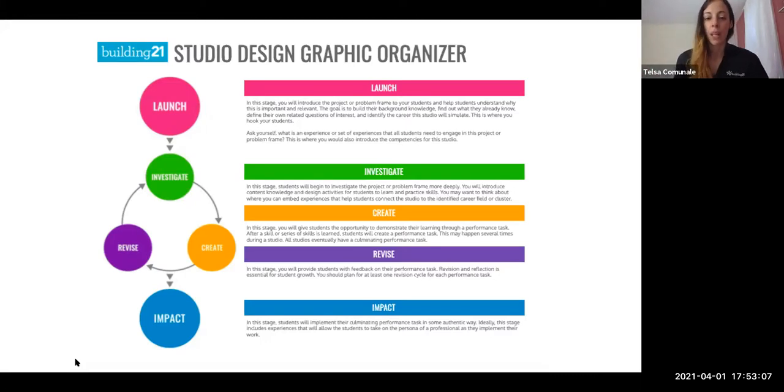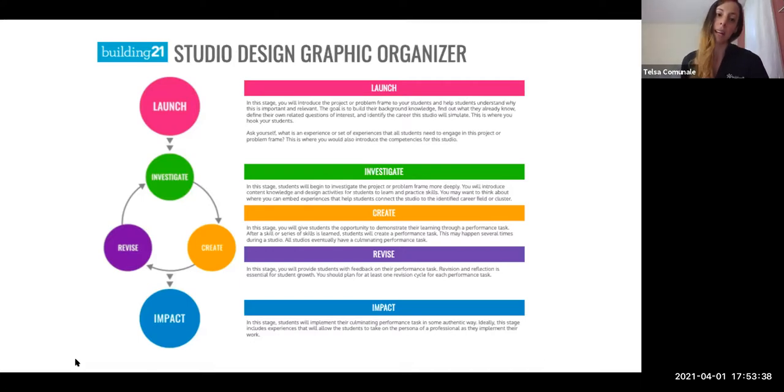Our two goals are authenticity, and the other piece that can happen is relevance. Sometimes you can't get every content. You probably know this: not every content is going to be applicable to an authentic situation, but our staff needs to make sure it's relevant. So whatever you're proposing to the students, it either needs to be authentic or relevant for them to really want to be involved and engaged in what you're doing and what you're learning.